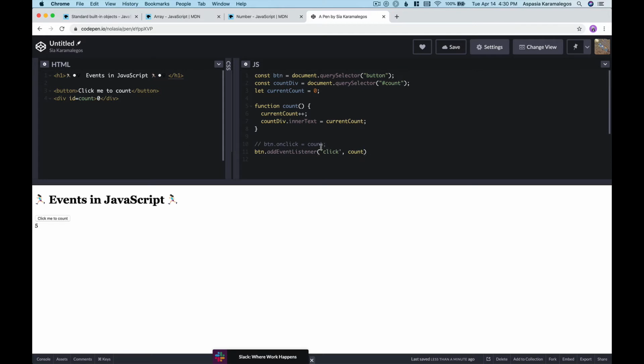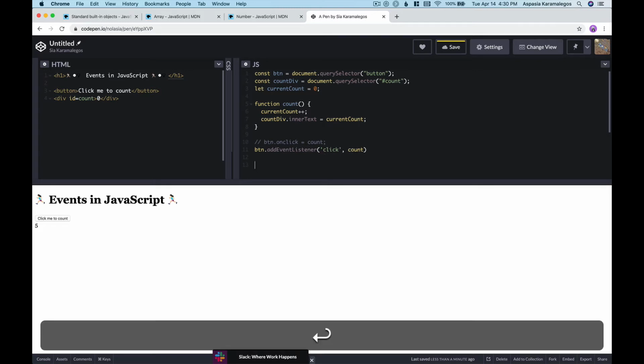We didn't talk about this in functions, but we can actually use anonymous functions, and anonymous functions just don't have a name. They literally look like this. Function,